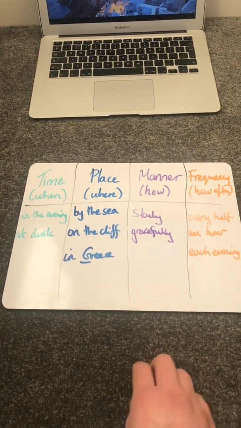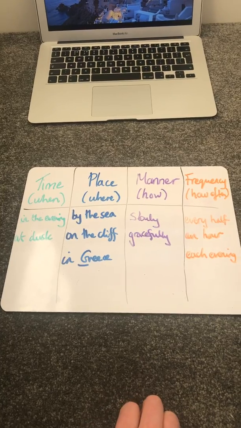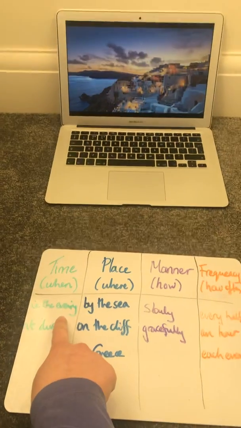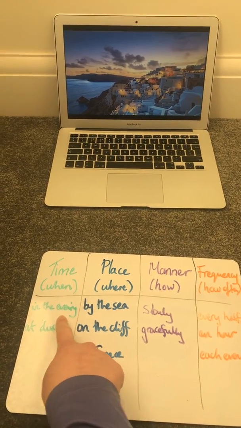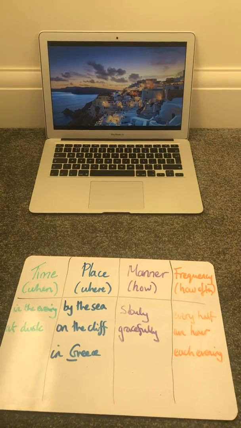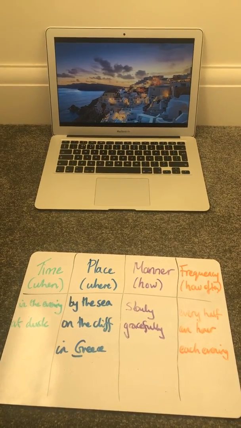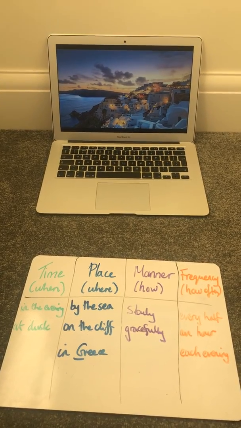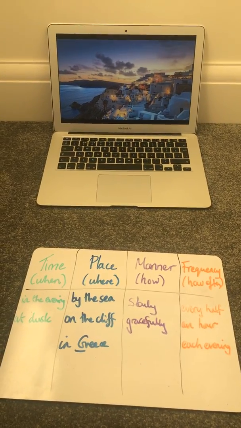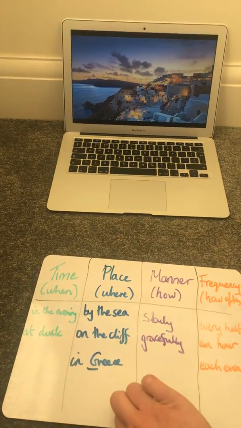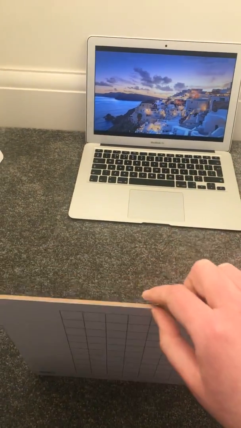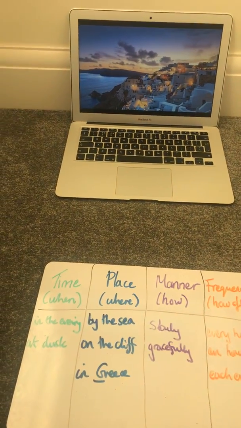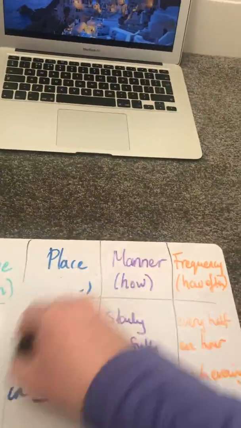Now let's choose some to put into a sentence, because I could either put them at the front of a sentence, in the evening, the clouds gracefully glide overhead, or I could put them in the middle or at the end of a sentence. The clouds gracefully glide overhead in the evening. So it depends where I'm putting it as to how I punctuate it and what I call that type of adverb. So let's rub these off very quickly.